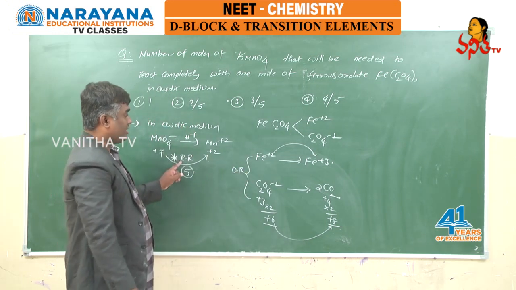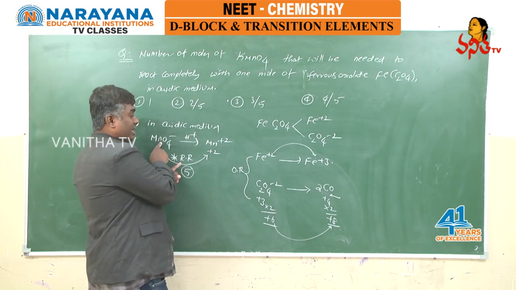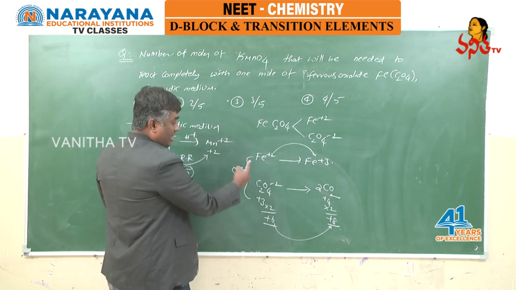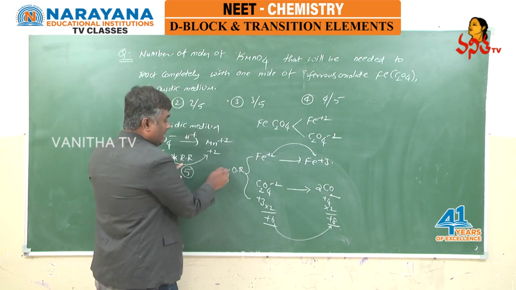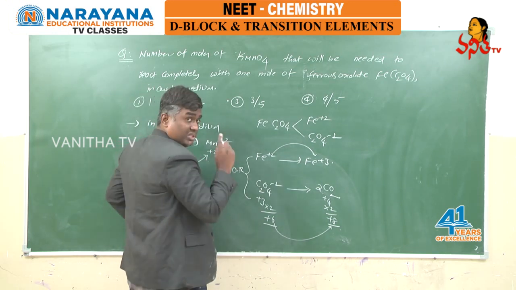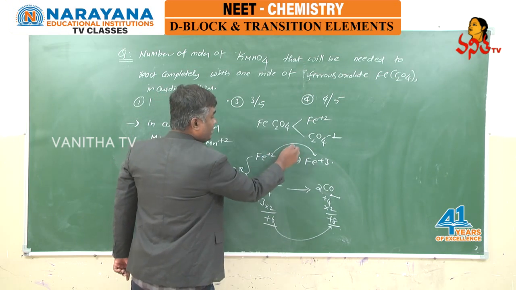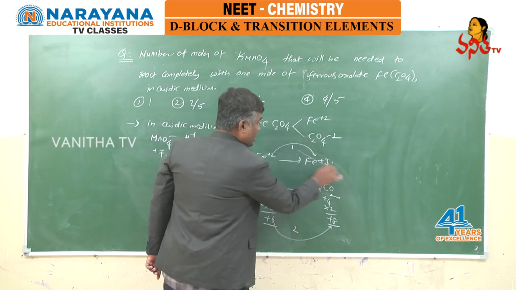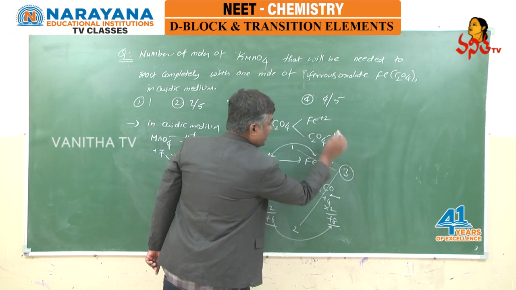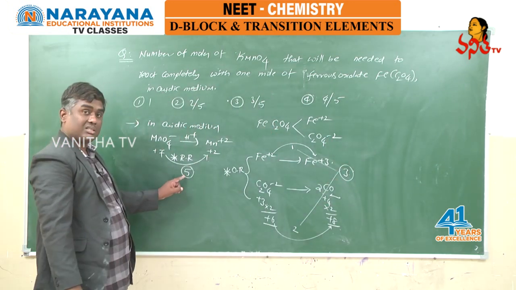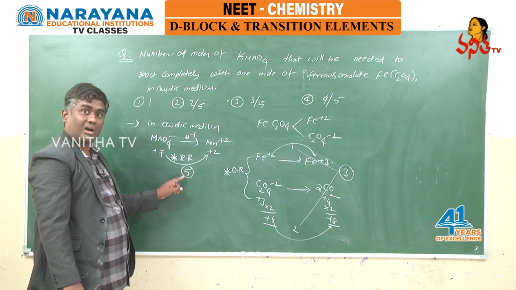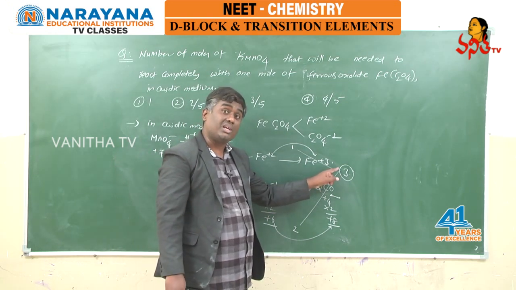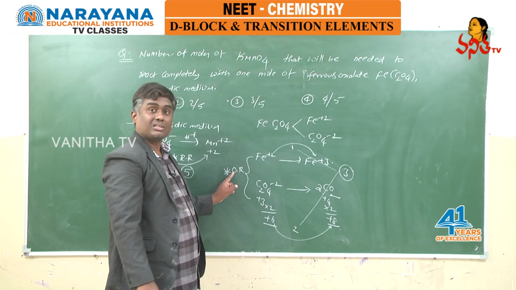The other is the reduction reaction, and here KMnO4 behaves as an oxidizing agent, oxidizing ferrous ion to ferric, and at the same time oxalate ion into carbon dioxide. In the oxidation reaction, plus 2 is becoming plus 3, a change in oxidation number of 1, and 6 is becoming 8, a change of 2, so the total change in oxidation number is 3, students. Once again I repeat, what is this 5? It is the change in oxidation number in the reduction reaction. And this 3 is also a change in oxidation number, but in the oxidation reaction.